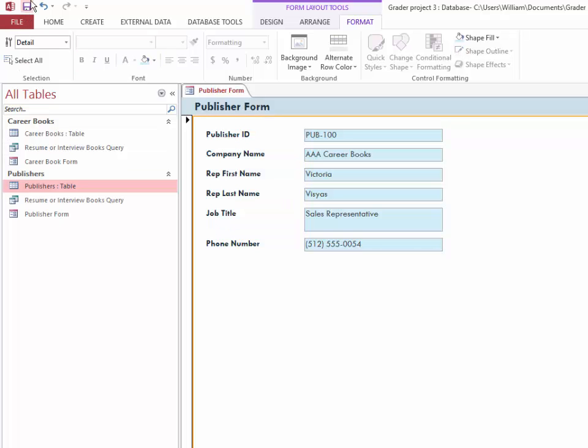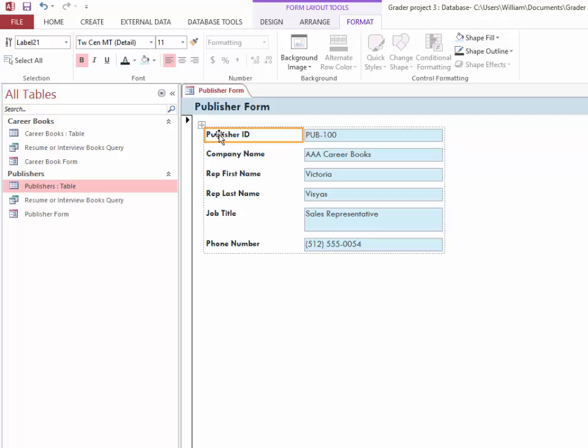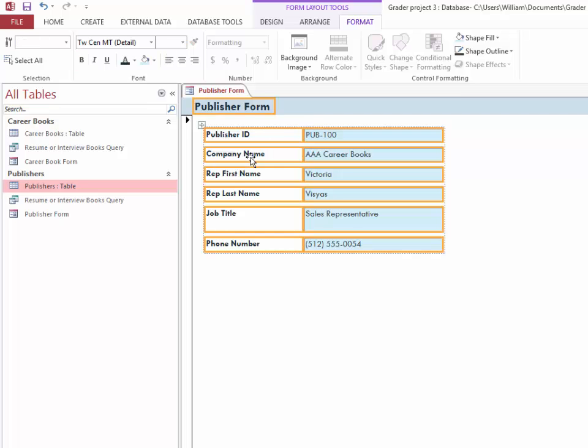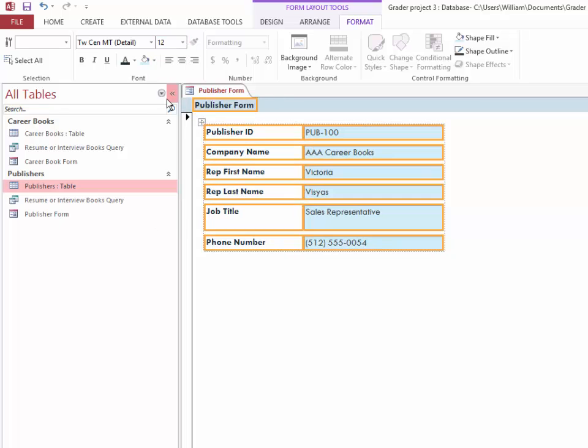Okay, looks good. With the publisher form displayed in layout view, select the 6 label controls and the 6 text box controls. Okay, so all of them. Control click, I wonder if Control A would work. There we go, Control A, voila. Control A is my favorite keyboard shortcut. That's basically select all. Okay. Change the font size to 12. Okay, simple enough. Change the height